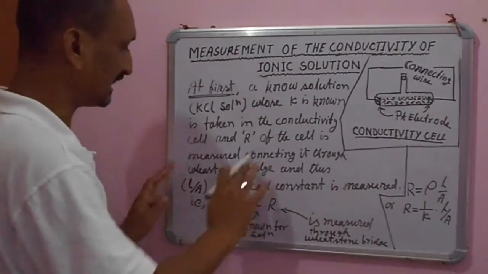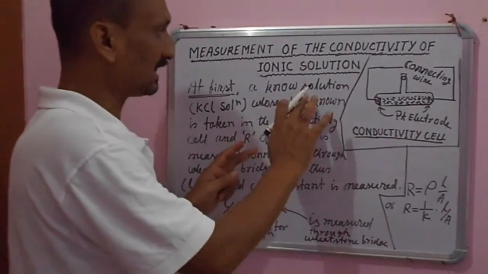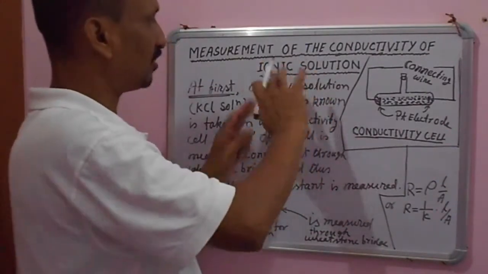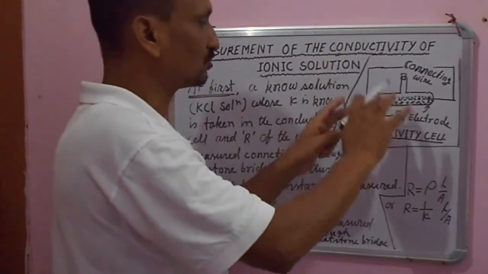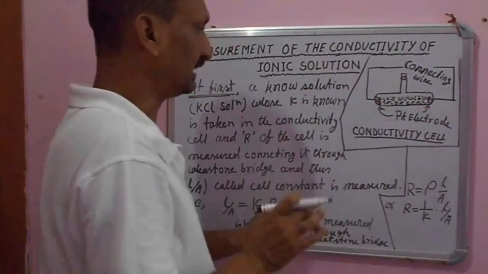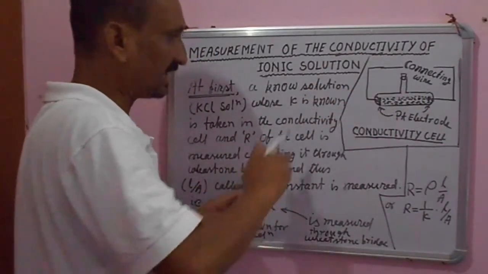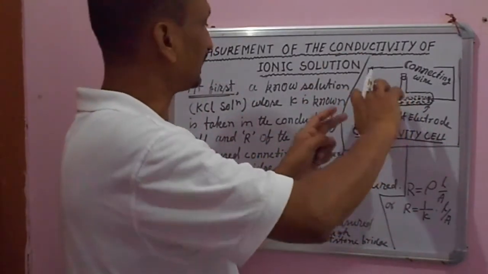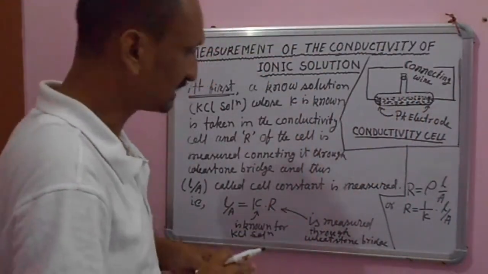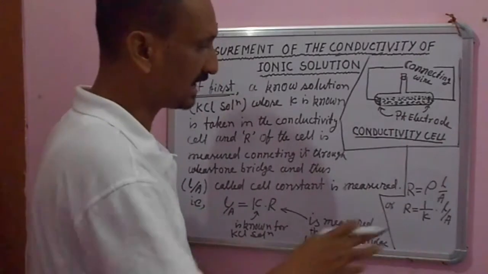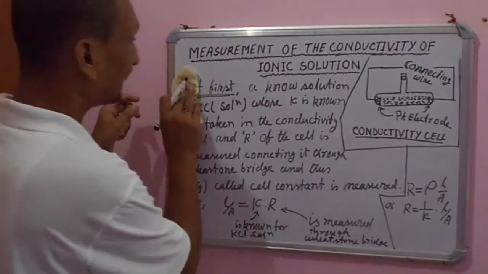So at first we measure the cell constant. Then to measure the kappa of an unknown ionic solution, we take that ionic solution in that conductivity cell whose cell constant is measured, and again the resistance of that unknown ionic solution is measured through the Wheatstone bridge, and accordingly we can measure the kappa. That means what you see here in the next case,